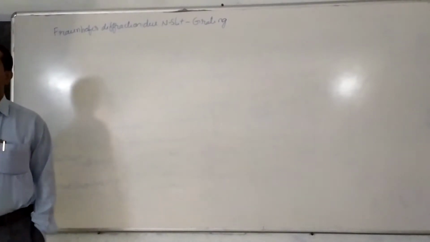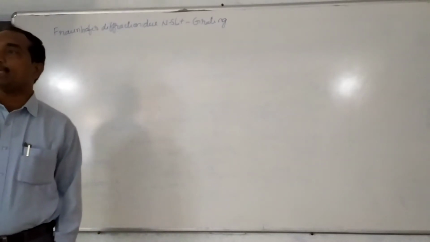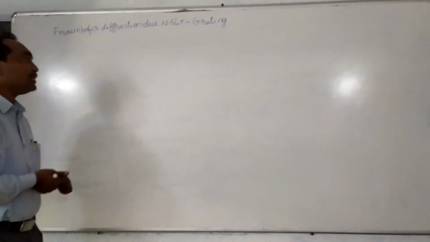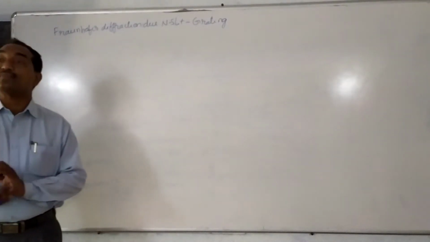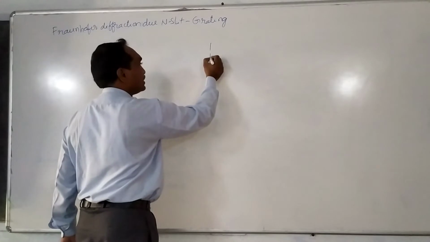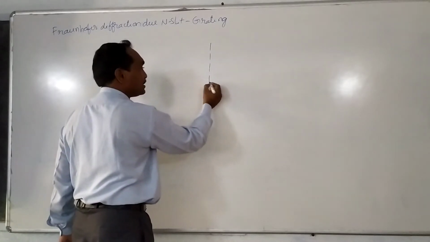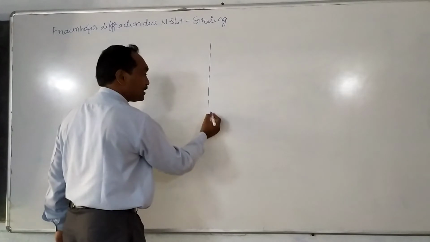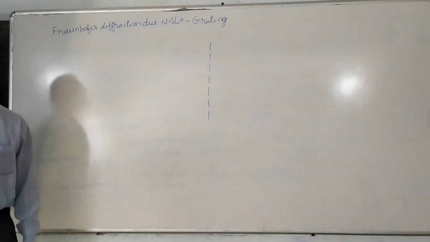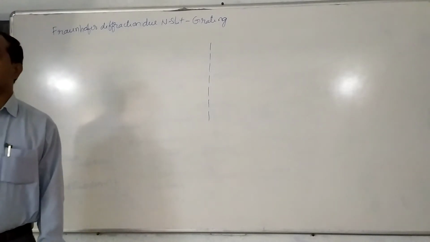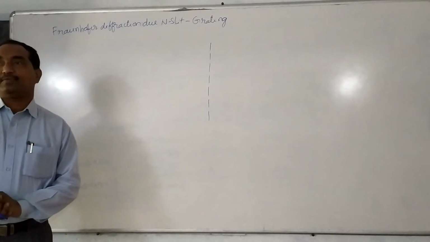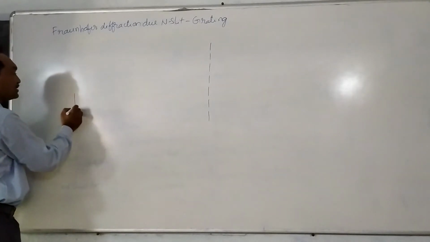So what is this grating, or what are N slits? A light is incident on the diffraction grating. Grating is nothing but a combination of N slits. For example, like this. This is one slit. This is another slit. This is another slit, and so on. There are capital N slits we have. Of course, in olden days, Fraunhofer prepared this grating by using strings.